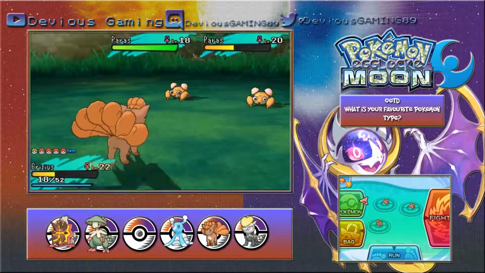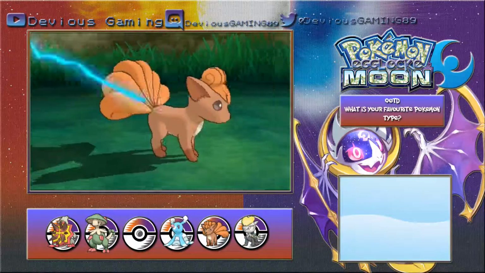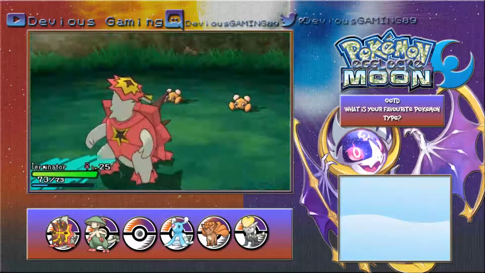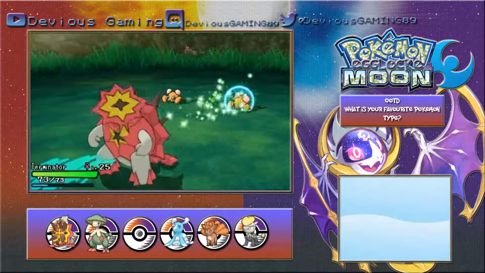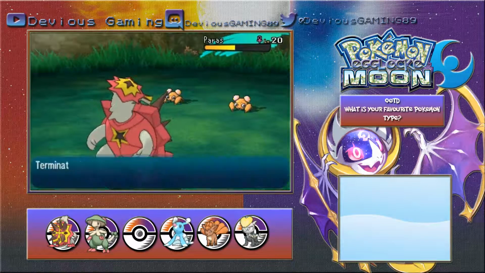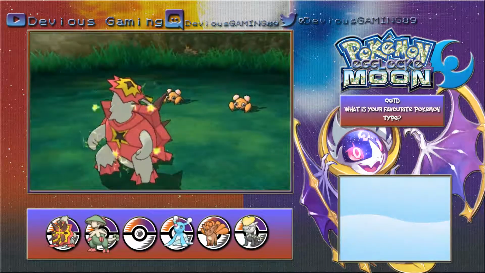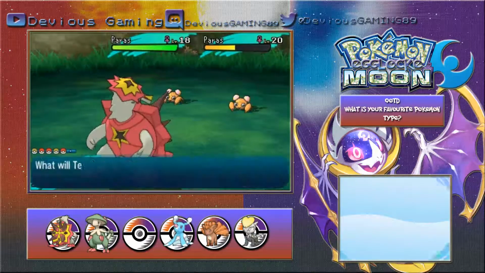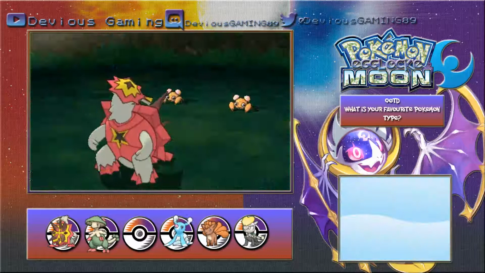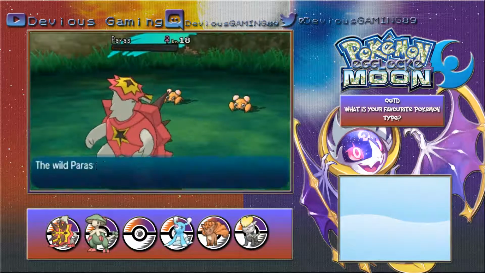So let's just quickly switch out because the paralyzed Grizzy isn't doing any damage at the moment, so we'll switch into Terminator and we'll wreck the second Paras so we can try and catch the first. Although we are going to get hit with a Stun Spore. Hopefully we can break through the paralysis at least once. The Quick Claw activating, so we move first. We take out the Paras